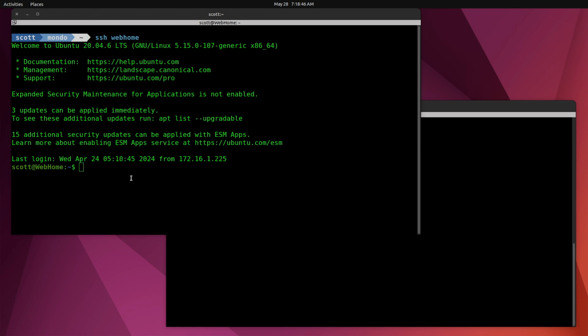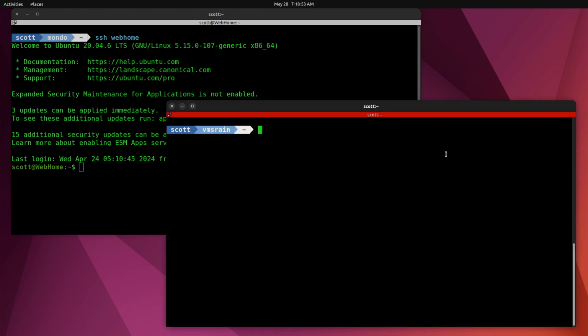The first thing that we really want to do before we do any updates on a container is run over to your Incus server. In my case, that is VMS Rain, and we want to take a snapshot of that container before we do any upgrades at all. So I'm doing an Incus snapshot create, Web Home is the name of the container, and